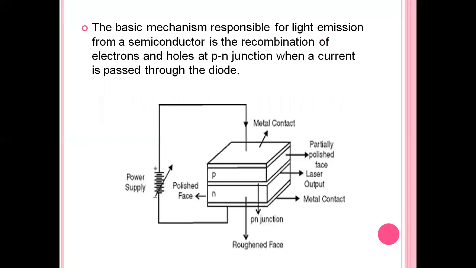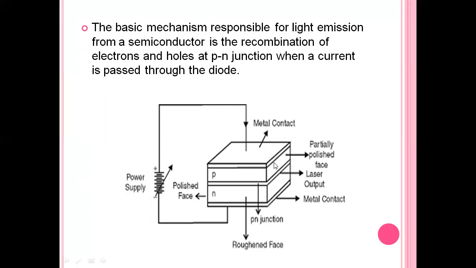On the screen, you can view the constructional figure for a homojunction semiconductor laser, where you can observe that p and n-type materials are joined together, due to which an active region will be formed between them, and two contacts have been taken, one from the p-type material, another from the n-type material. So they will act like a cathode and anode,